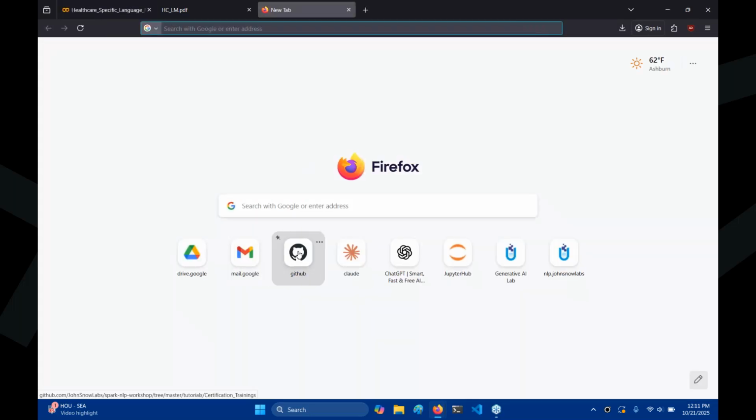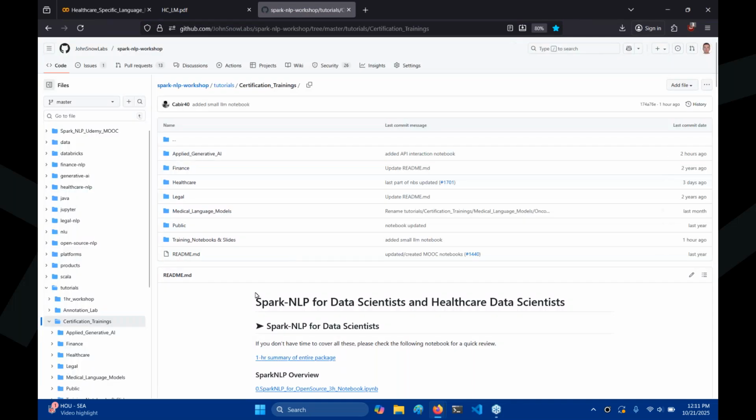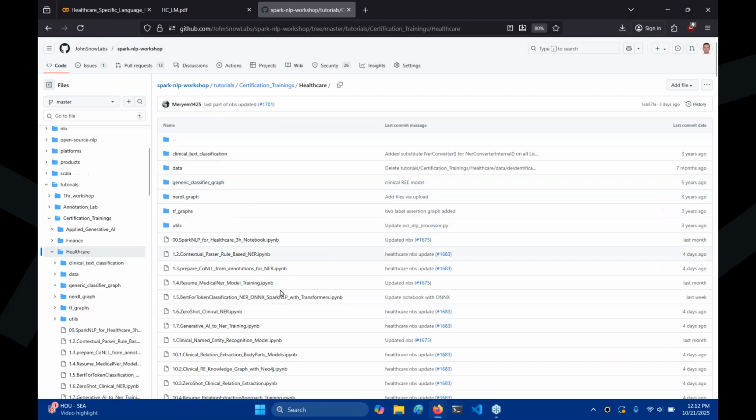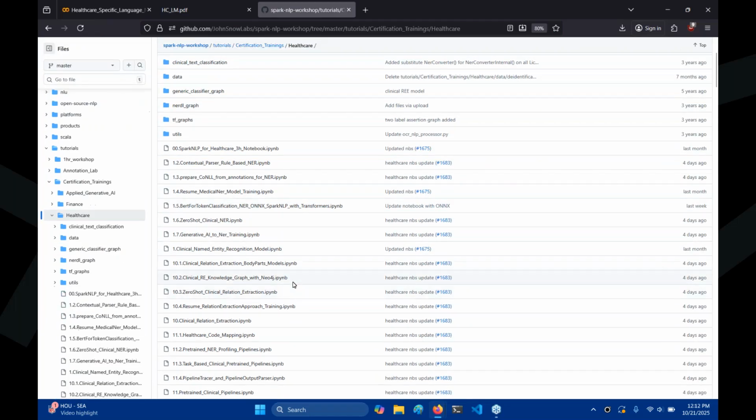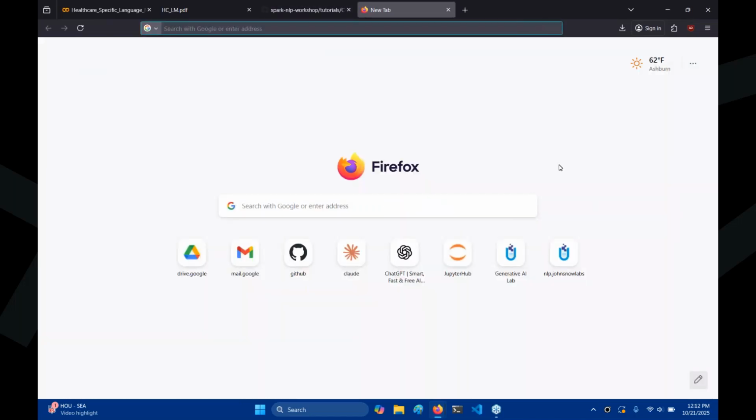So if you're planning to use our models, I advise you to get this repo. The healthcare repo is going to give you all the information that you need. So you always start with number 1. It's notebook number 1, the clinical NER model. You're going to get a lot of information here. And the other important